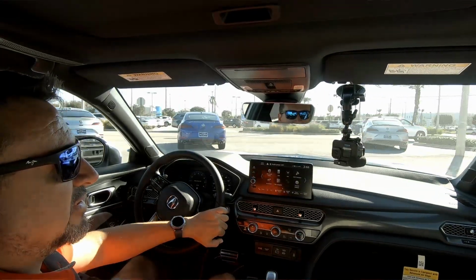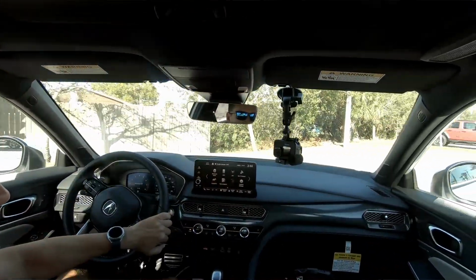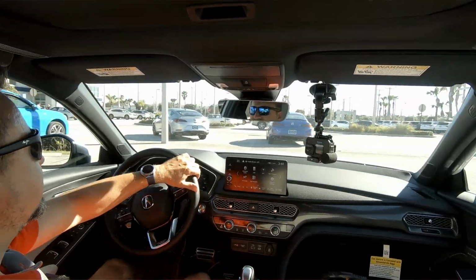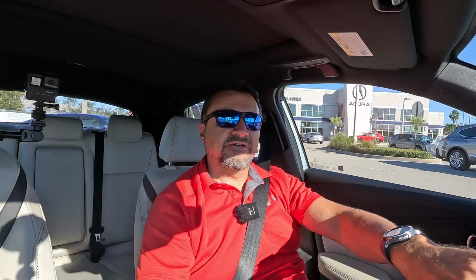But before we actually go on the road, let's see how it turns. And it does have a very tight turning diameter, which is not surprising because it is a compact sedan. And once we take it on the road, hopefully I'm going to be able to give you some of the acceleration and my feel of the CVT transmission. I'm going to flip it into the sports mode because it is a sports vehicle. However, you know, it's not really